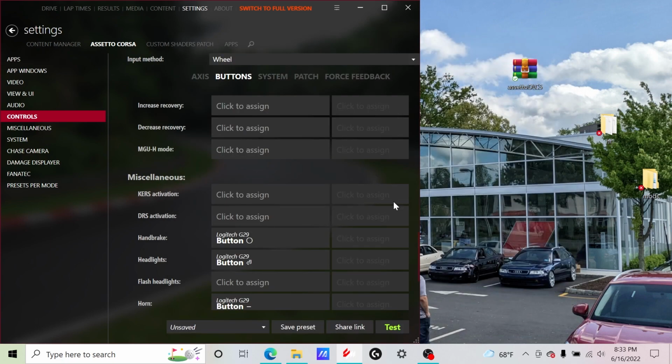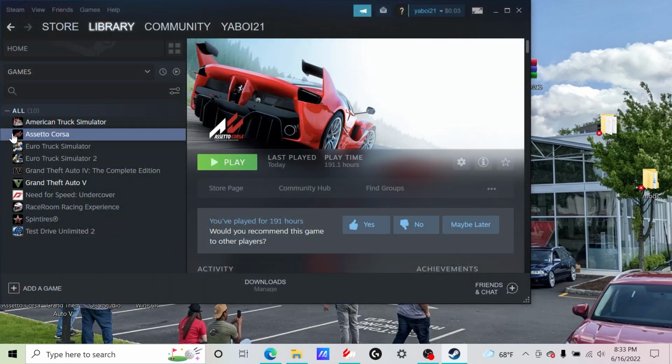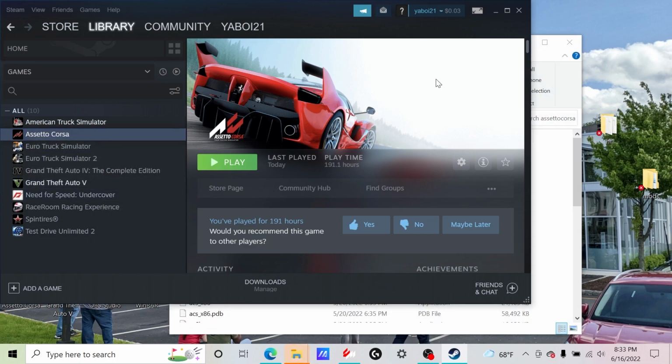And like I said before, to get to your main directory for Assetto Corsa, if you like to do it the hard way, because some tracks and some add-on mods do want you to just do it manually instead of just dropping it in the Content Manager. So what you do, you obviously just go to Assetto Corsa on Steam or wherever you bought it from, manage, browse local files, and it'll bring you